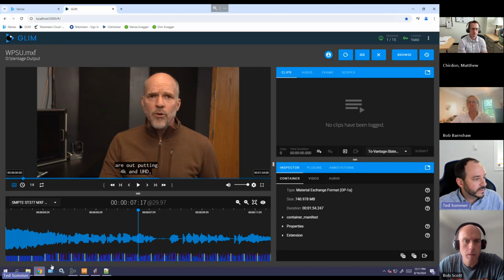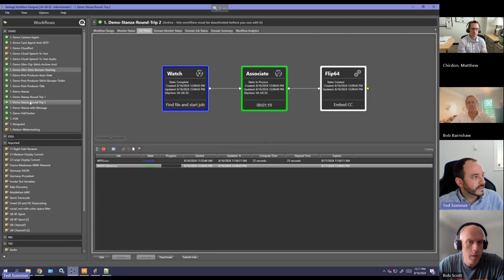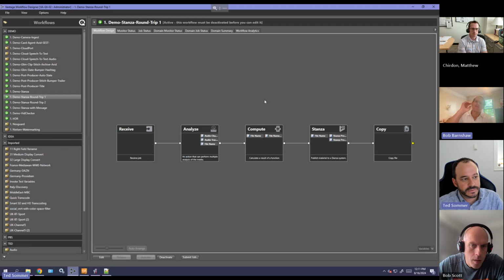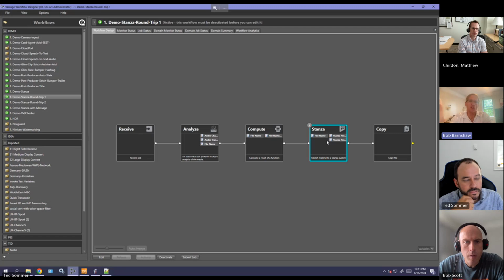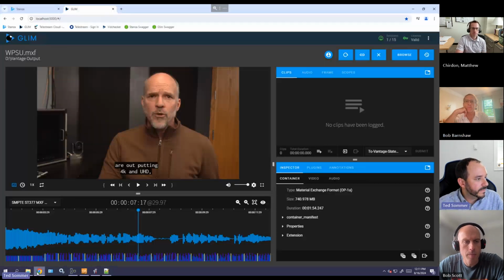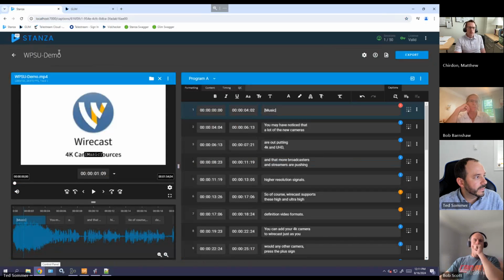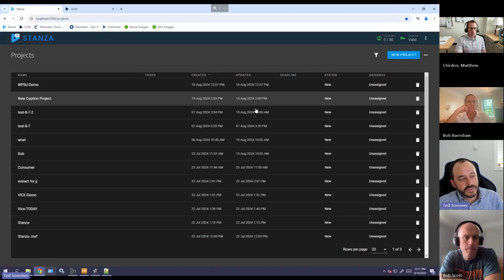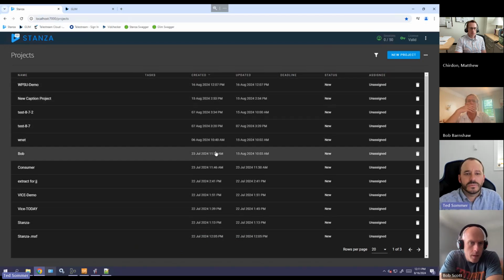All we're going to do is just insert the Stanza action to do the transcription process. And you effectively get 2 queues in this workflow, right? You get your Vantage queue, but then if you're sending a volume of jobs, you would see a queue inside Stanza, right? Absolutely. Yep. And that would show up from the top here in our projects view. You would see the files getting transcribed when they were done,